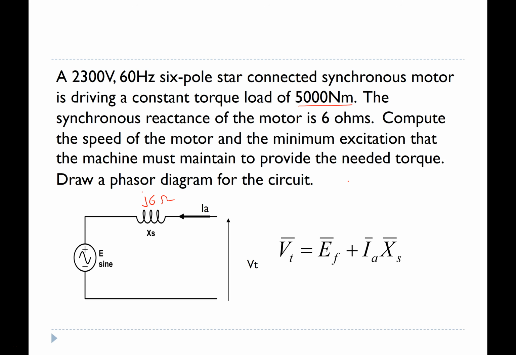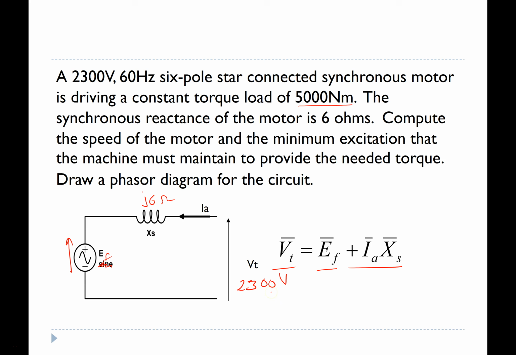So the first thing I'm going to do, as always, is draw my circuit diagram. So I have my basic circuit diagram here. It's a motor, so I set the current going in, and I have EF and VT. And from the circuit diagram, from the direction of IA, I can see that VT is equal to EF plus IAXS, and this VT is of course here